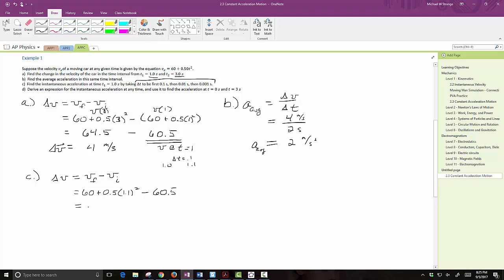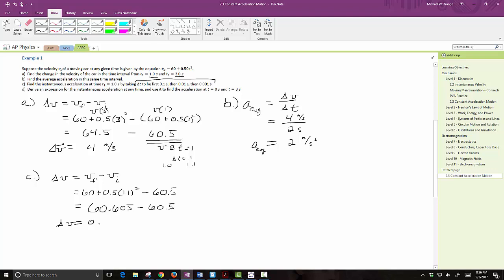And doing that, you get a change in velocity. So we get our velocity at time 1.1 is going to be 60.605 minus 60.5, which gives me a change in velocity